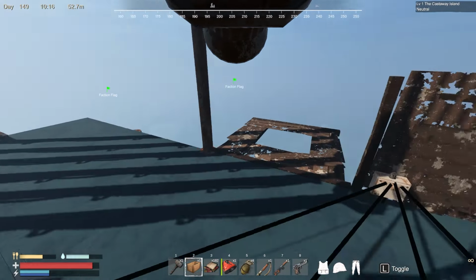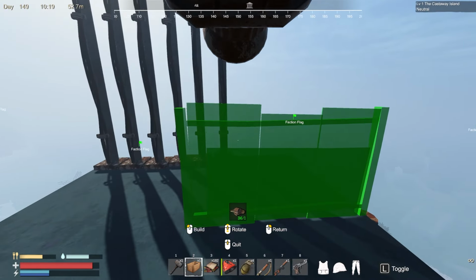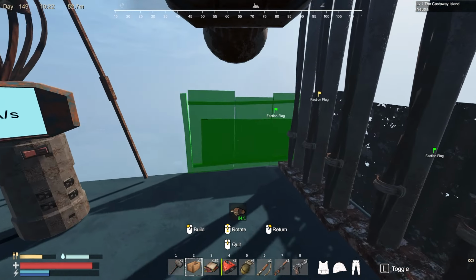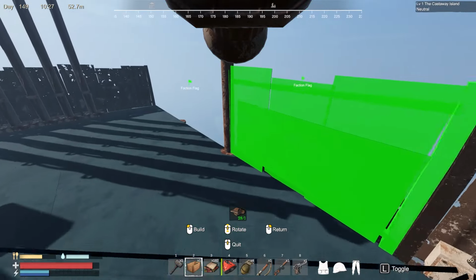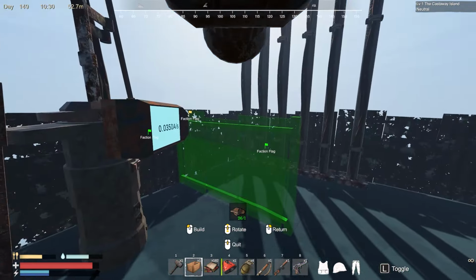Okay, so I need another junction box. Let's see if we have enough material to make one more little flat wall. And we can just put it like that. Yeah, why don't we just put a wall around all of these things? There we go. Just in case those bad guys try to shoot us or try to shoot the stuff, you